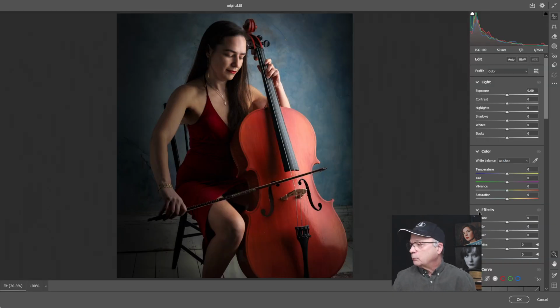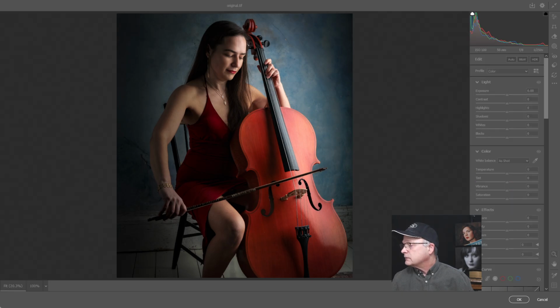All right, so now I've got a little more space behind her hand, so it's less cramped. Now, it says the highlight control on the cello. So it says the cello's body is gorgeous, but the brightest highlights draw the eye away from the face. Okay, so slightly reducing the highlights or adding a gentle dodge to the face would rebalance the visual attention. Okay, so let's do a little bit of both.